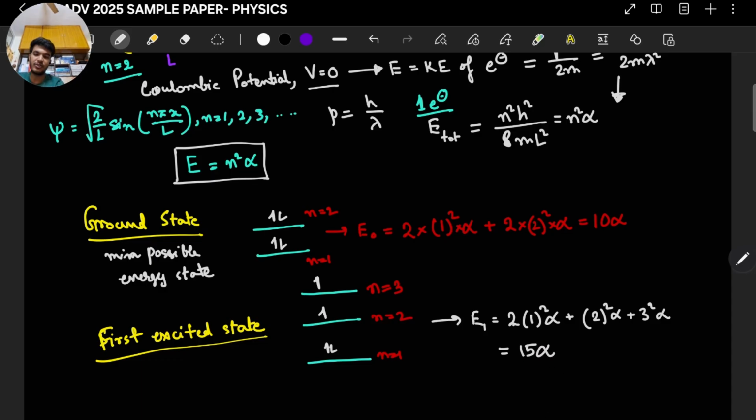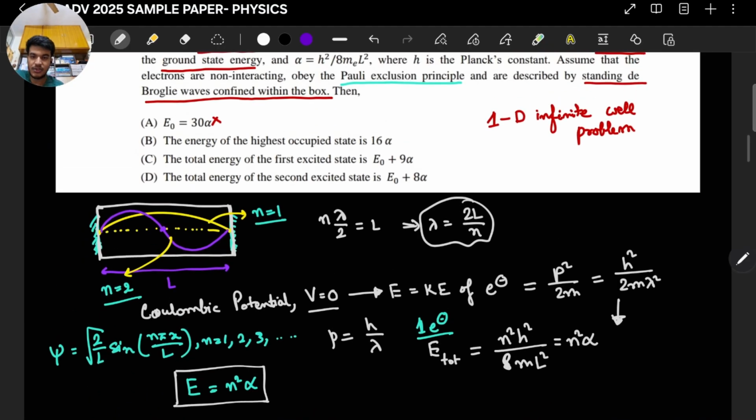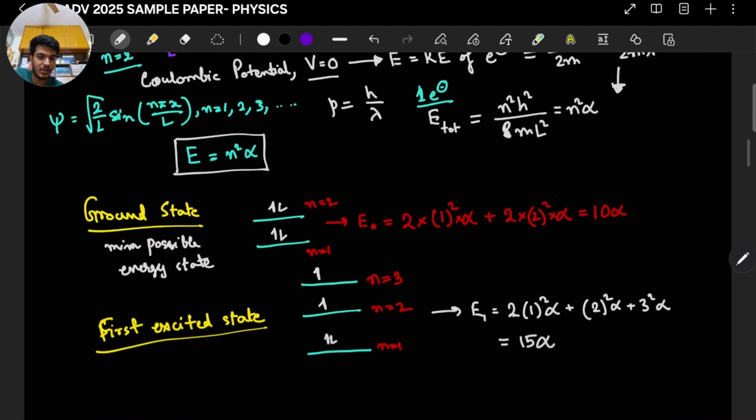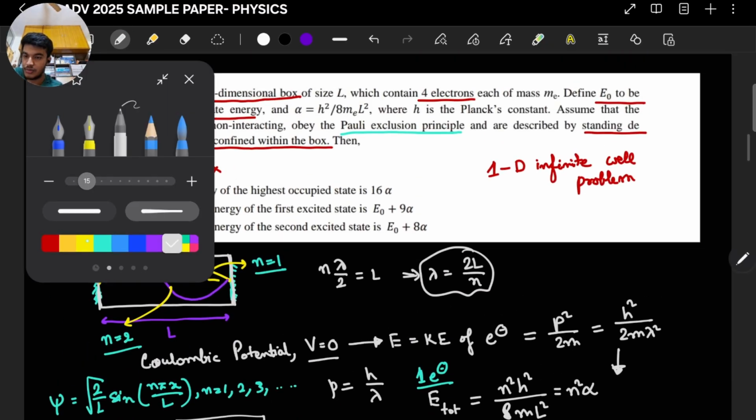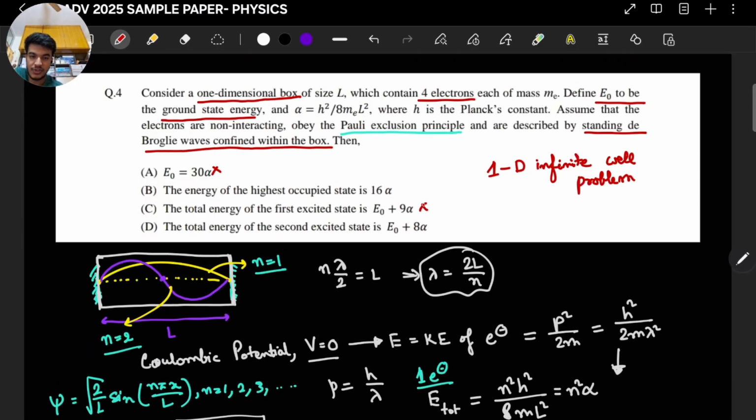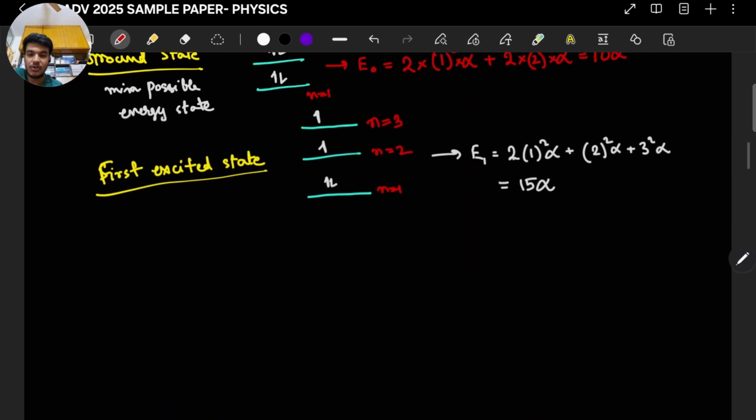So this is my first excited state, and it was given E naught plus 9 alpha. Is it E naught plus 9 alpha? No. So this is also wrong. It is not E naught plus 9 alpha. Now similarly, if I have to construct the second energy state,